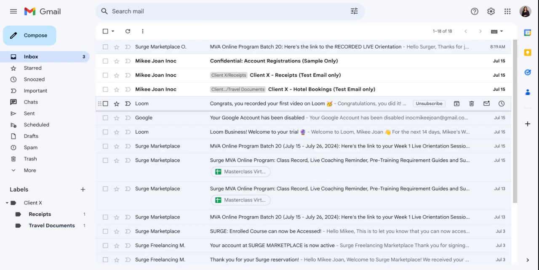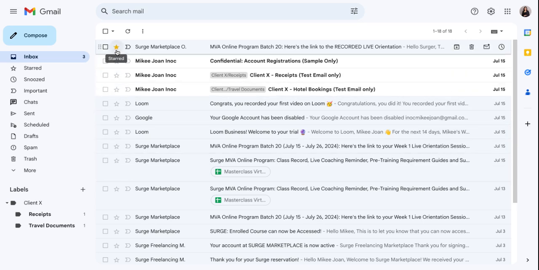The next one is I'll be showing you how to set up all stars and use them. As you can see in here, there's a lot of stars, and if you click that one, it means it is starred. If you notice, there's only one color, but there are a lot of colors that you can use.